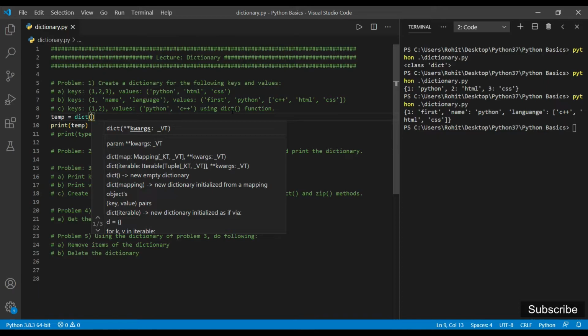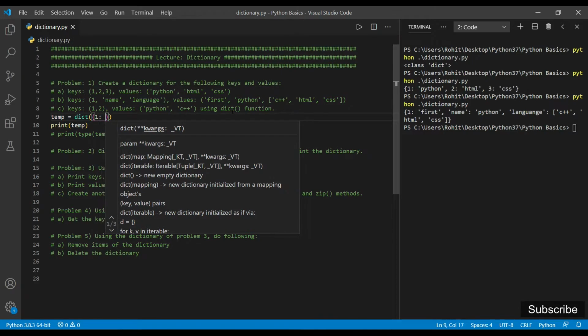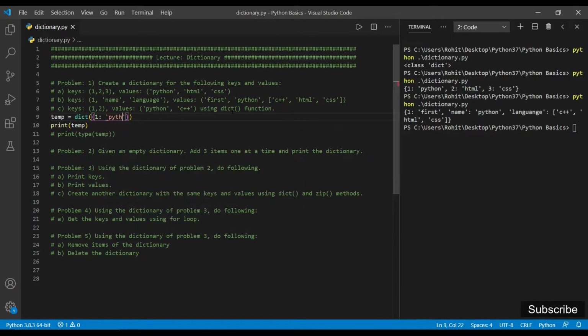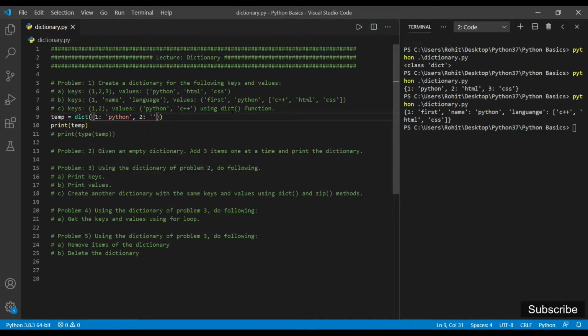So we have key as 1 and its corresponding value is Python, and then we have the key as 2 and its corresponding value as C++. So like this we can also create a dictionary. If I try to print it, then we will be getting these values.